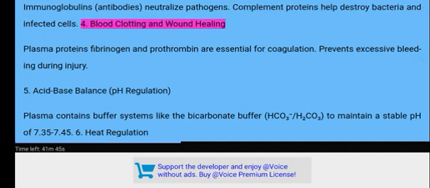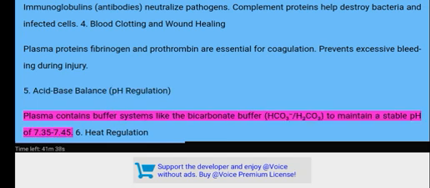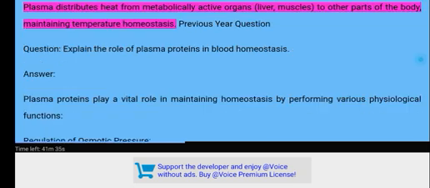4. Blood clotting and wound healing. Plasma proteins fibrinogen and prothrombin are essential for coagulation. Prevents excessive bleeding during injury. 5. Acid-base balance, pH regulation. Plasma contains buffer systems like the bicarbonate buffer, HCO₃⁻, to maintain a stable pH of 7.35-7.45. 6. Heat regulation. Plasma distributes heat from metabolically active organs, liver, muscles, to other parts of the body, maintaining temperature